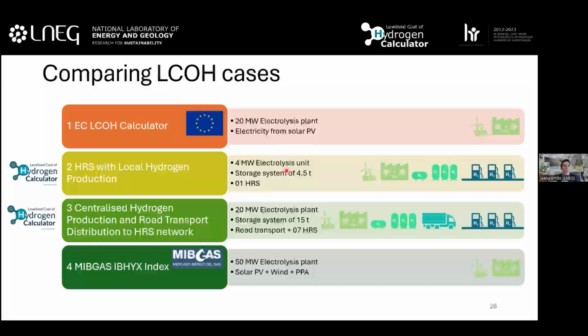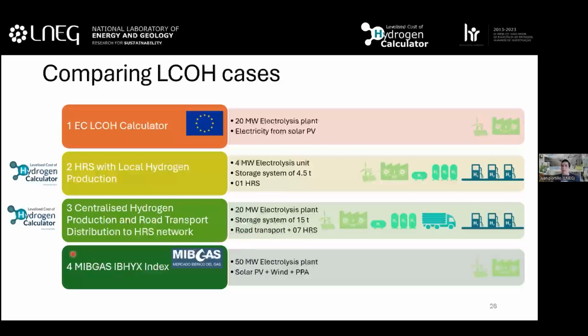So no distribution costs are associated to this case. In the third example that I'm bringing here is a centralized hydrogen production that supplies a hydrogen refueling station network of 7 hydrogen refueling stations, as you can see here. And this, of course, besides considering storage systems, which is larger than the one in the example above, includes road